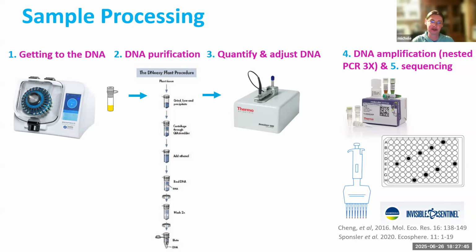The tubes look just like this, but they have teeny tiny 1 millimeter chrome beads. They go in this machine, and basically this shakes the snot out of them. Again, this is the loudest, most obnoxious piece of equipment I have. And this is by far the 7-year-old's favorite machine, because it's super loud and kind of scary, actually, if you ask me. But the machine is breaking up, what we would call lysing, the cell. So you're breaking the cell open to get at the DNA, which is what I'm after, because that's what I'm going to use to identify the plants that are in the sample.